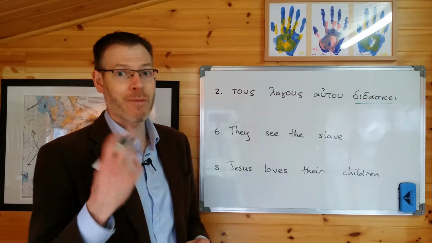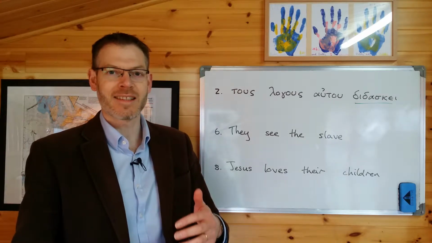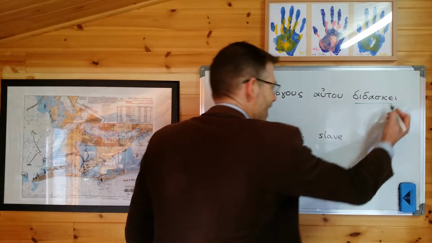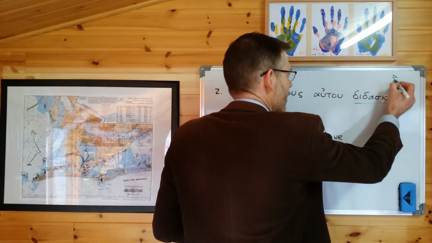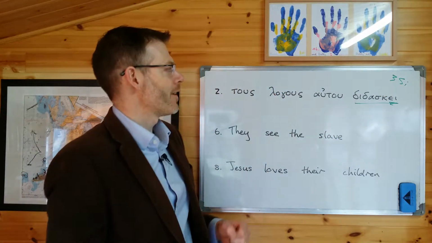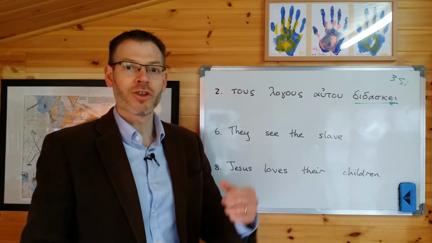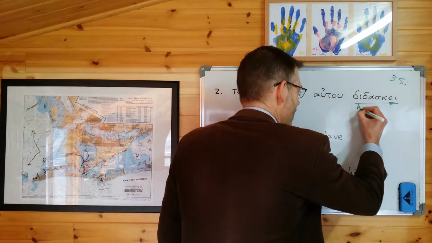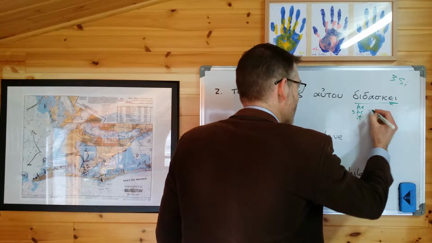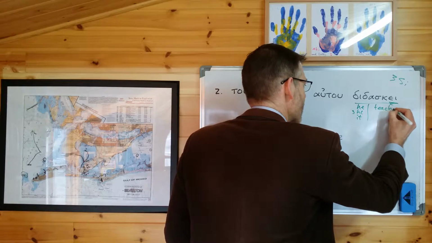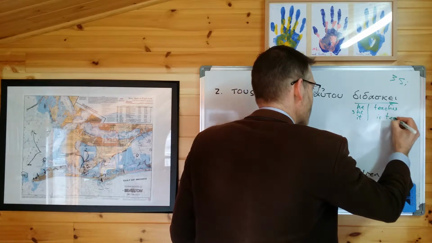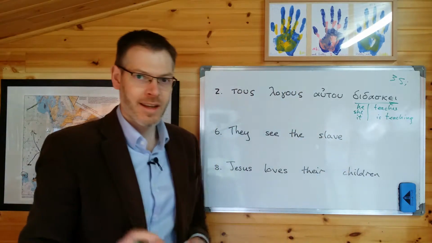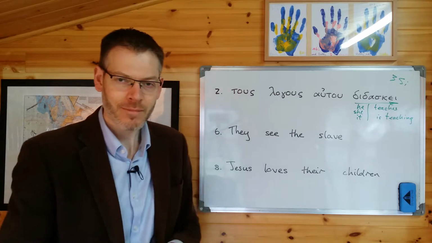And so you go down in your head, maybe you even want to do it on the paper. Didasko, didaskes, didaske, didaskomen, didaskete, didaskusin. Didasko, didaskes, didaske. So that's the third person singular form of didasko, meaning he or she or it teaches, or he, she, it is teaching. So I'm going to write all those down. He or she or it teaches or is teaching.